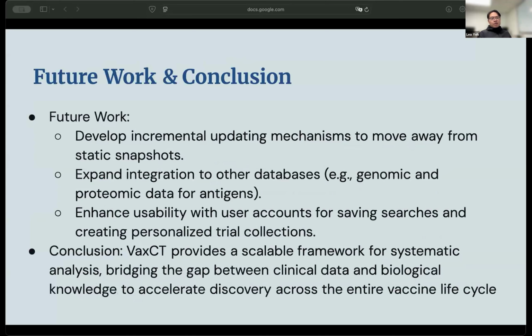So yeah, our top priority here is to update the mechanisms to solve the static snapshot problem. And we also plan to expand integration, linking data like genomics or proteomics data to get an even deeper view of vaccine antigens. So yeah, to conclude, VaxCT provides a scalable, robust framework that finally bridges the gap between clinical data and deep